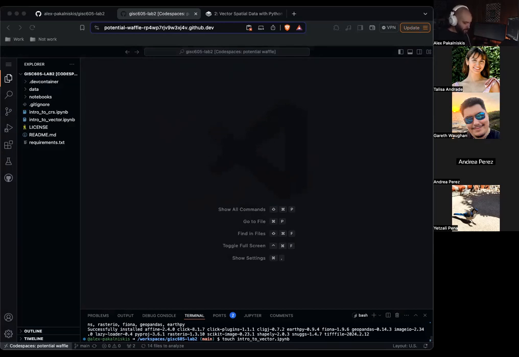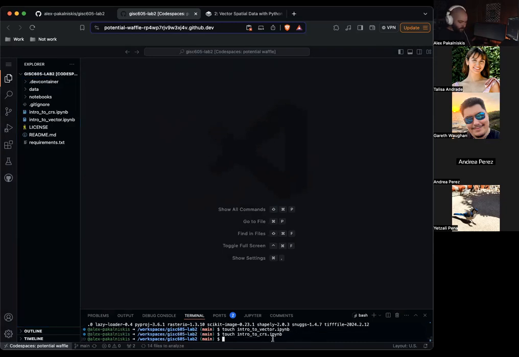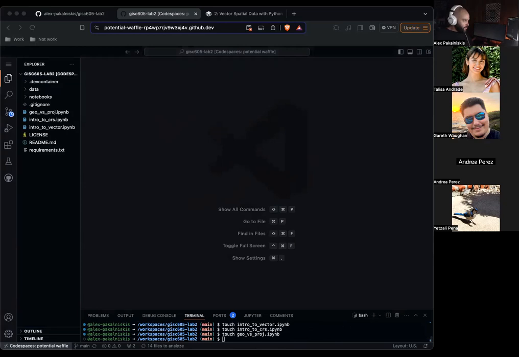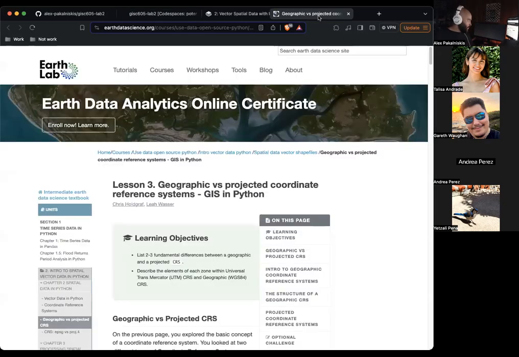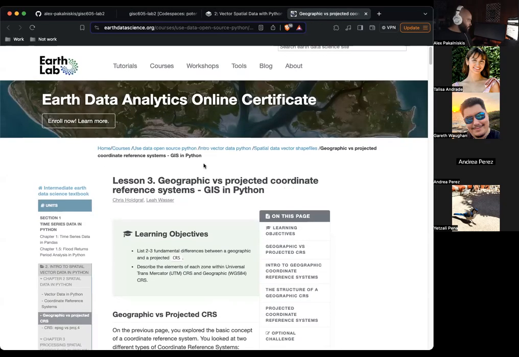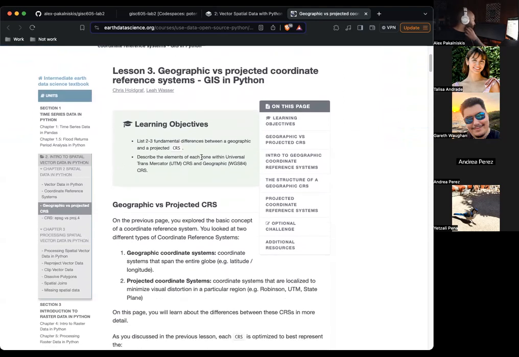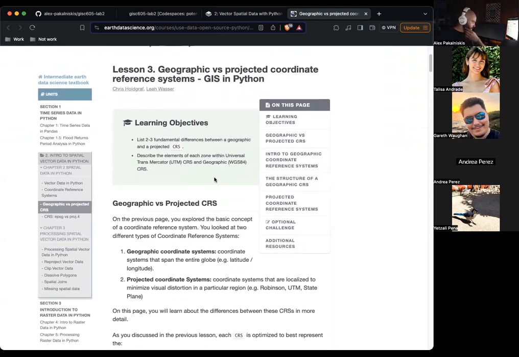So I'm going to create another notebook here. Let's do touch geo versus proj.ipynb. Let's open up this lesson right here, have a look. So we previously explored the basic concepts of the coordinate reference system.